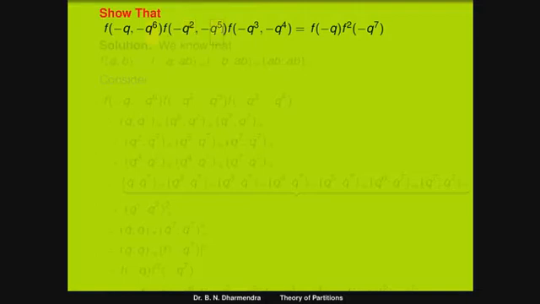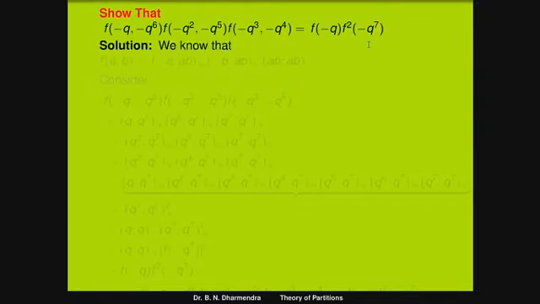Here also q square, here q to the power of 5. That is nothing but when I have to merge the terms of power a, b. The terms is a into b means that is q square q to the power of 5, that is the terms of 2 plus 5, that is 7. Here also q to the power of 3, q to the power of 4, that is 3 plus 4, that is also 7. That is equal to f of minus q into f square of minus q to the power of 7. So it's a very beautiful result in terms of septical.